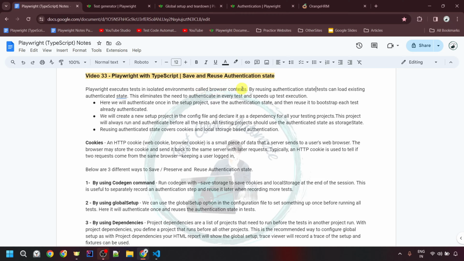So once you execute your test script, you would be able to see that it is getting executed in incognito mode. And by using authentication state, tests can load existing authenticated state. This eliminates the need to authenticate in every test and speeds up the test execution. And here we will authenticate once in a setup project, save the authentication state, and then reuse it to bootstrap each